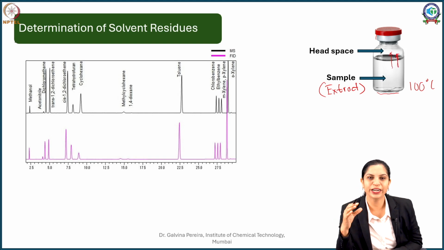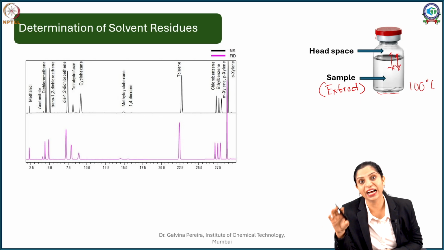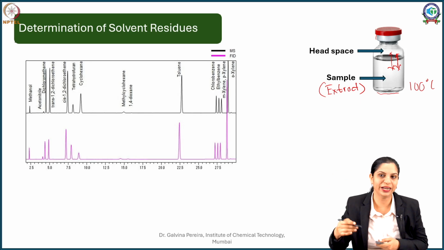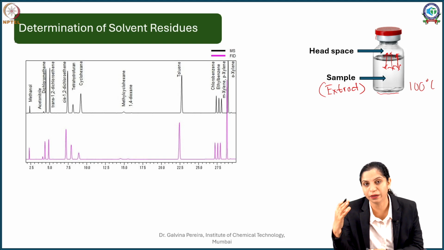volatilizing. Then what I do is I incubate it at a particular temperature, and this incubation will help in equilibration. So I will not say my entire solvent goes out into the headspace, but my molecules of solvent equilibrate between the air as well as the sample phase. So once this equilibration is achieved, depending upon their partition coefficient, I will know how much is going to be there in my extract and how much is going to be there in that. So the formula for that is aptly there.